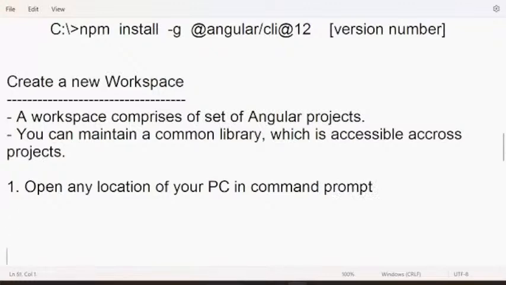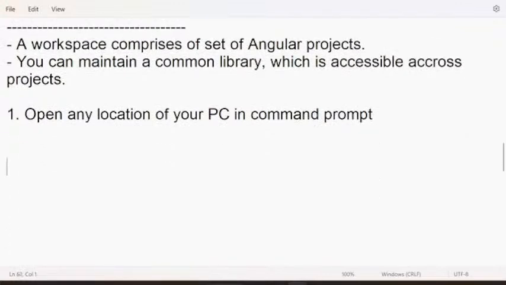That means any drive, C drive, D drive, E drive, any location in command prompt. You have to open in command prompt. I will open in command prompt.